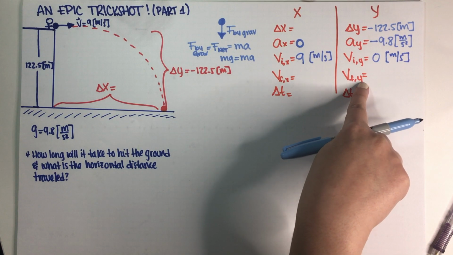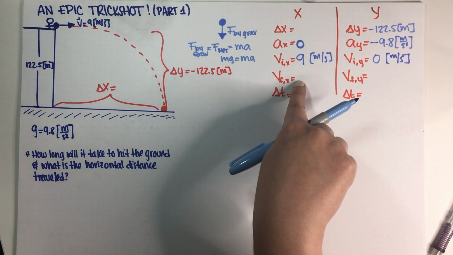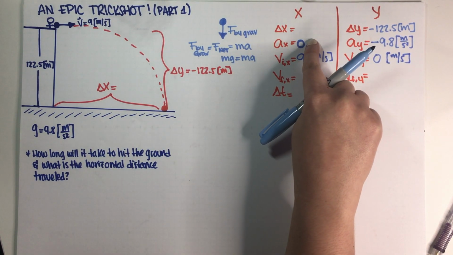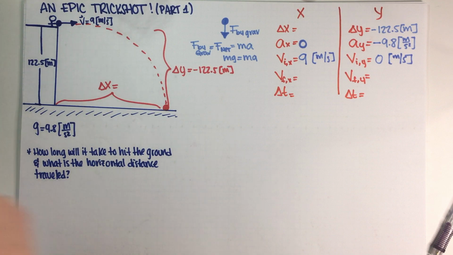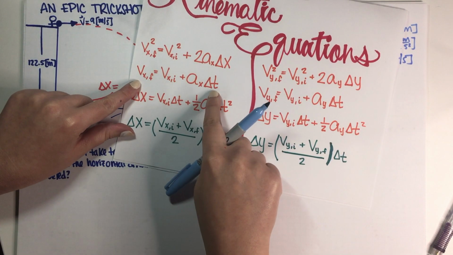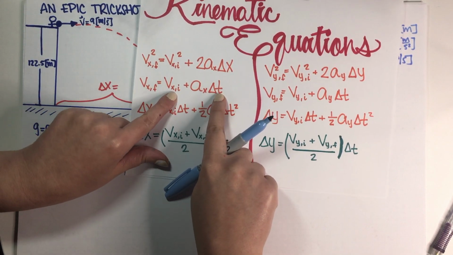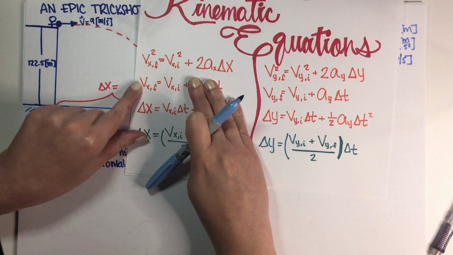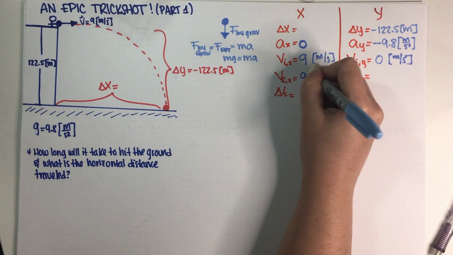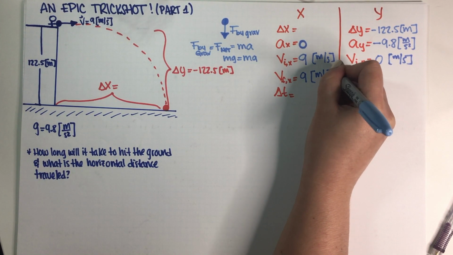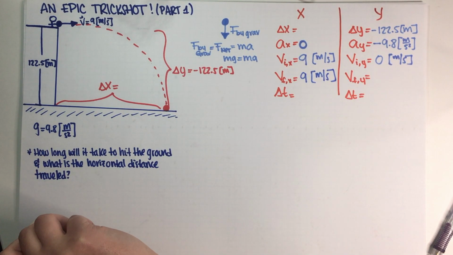Now, I don't have my final velocity for y, but I do know that because acceleration is equal to 0 over here, that velocity is just going to stay constant. If you're not convinced, just look at this equation. You have your initial velocity and this is 0, which means that your velocity is going to stay the same. So this is going to be 9, like this. And this is basically all of the information that I have. Well, just from looking at this,